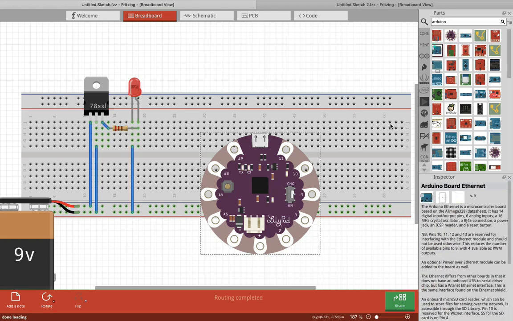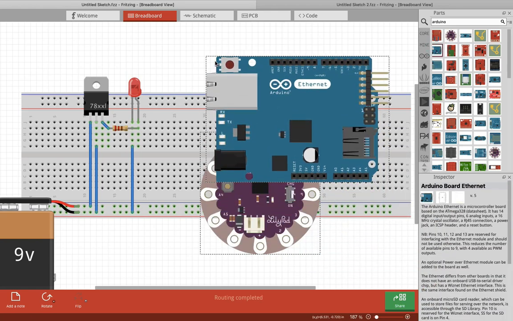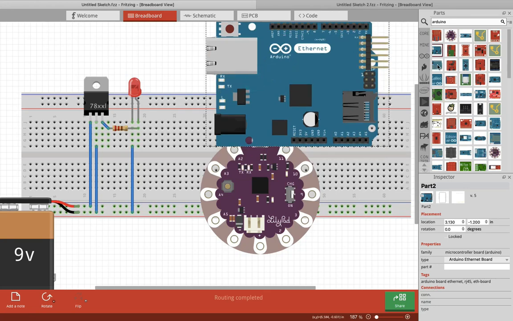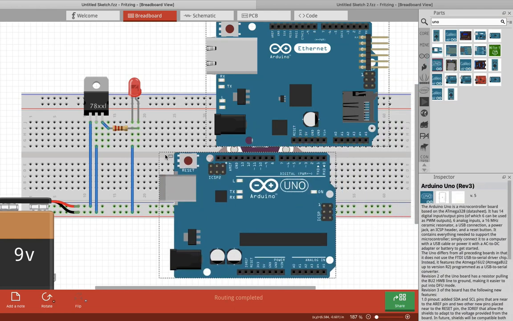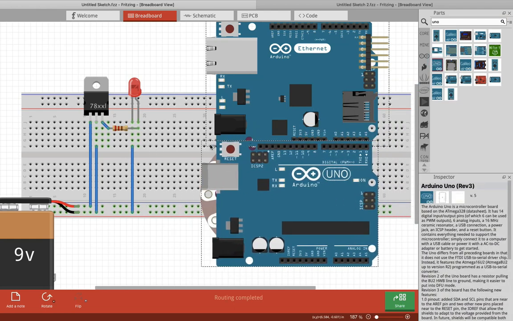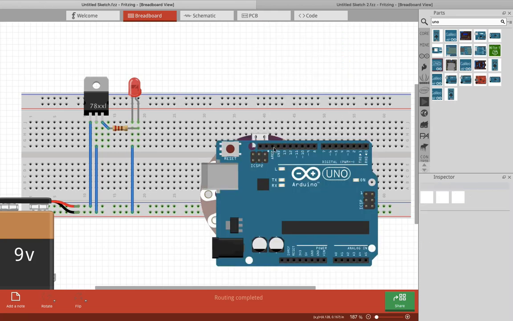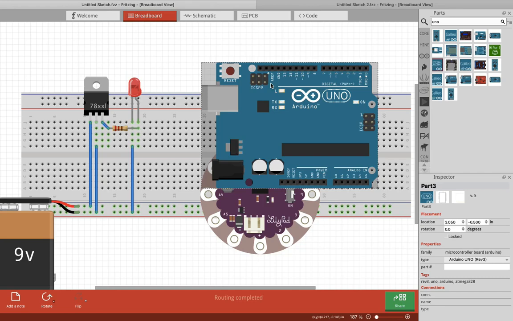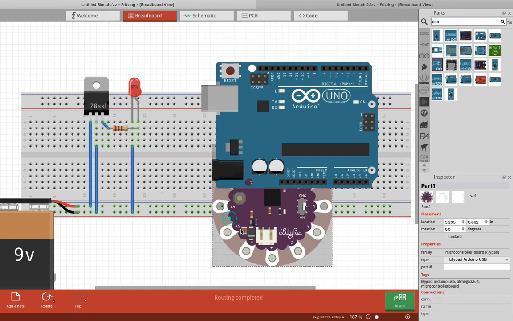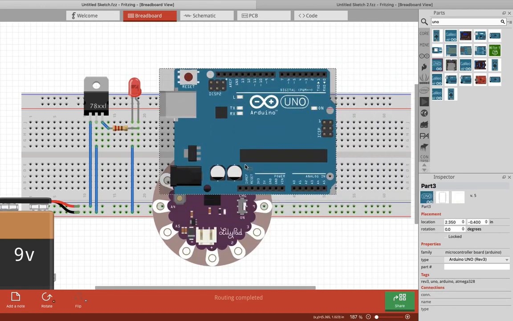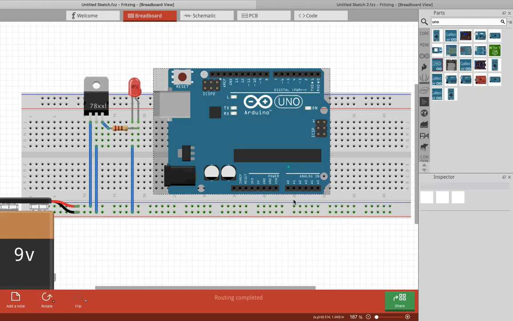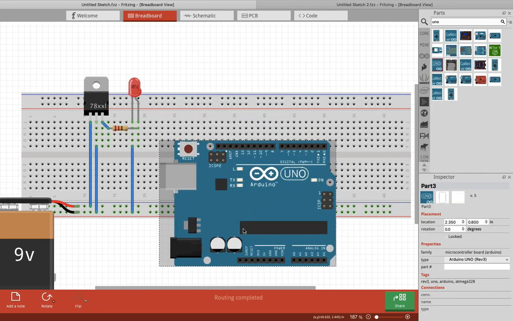Here is Lilypad. Here is some other version of the Arduino, that is the Ethernet version. And for the Uno, you can type Uno here. Okay, so this is the Arduino Uno board, the board that I guess every electronics engineer knows about. So this way you can connect any kind of other controller too, and make a good circuit diagram, so that the user can easily understand how the circuit has to be connected.